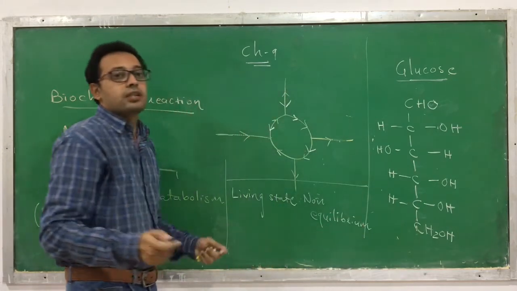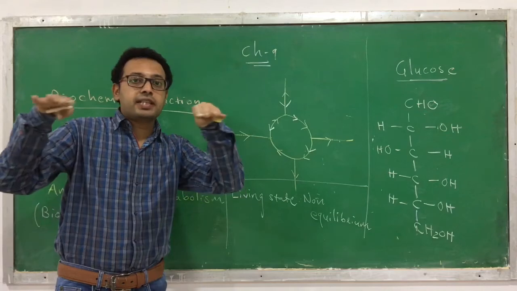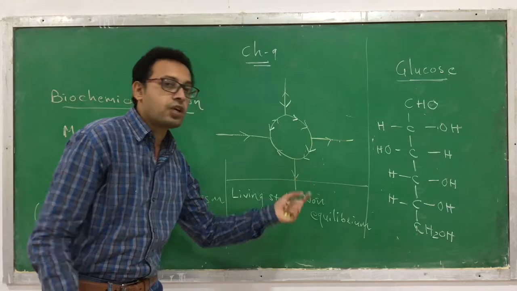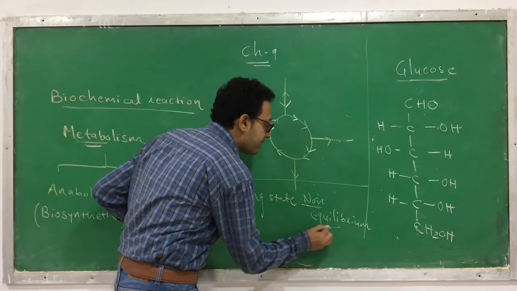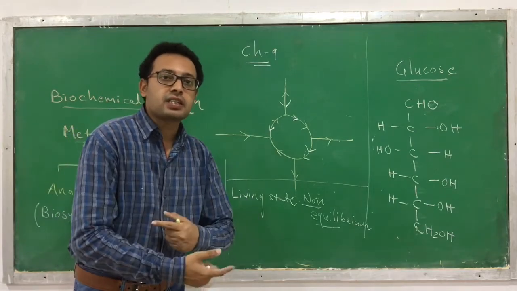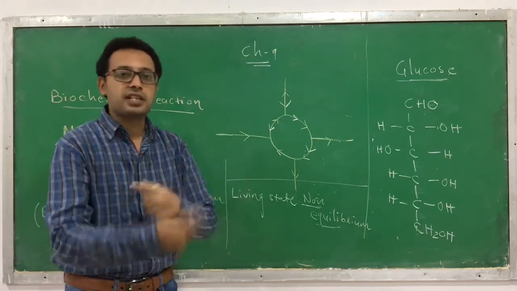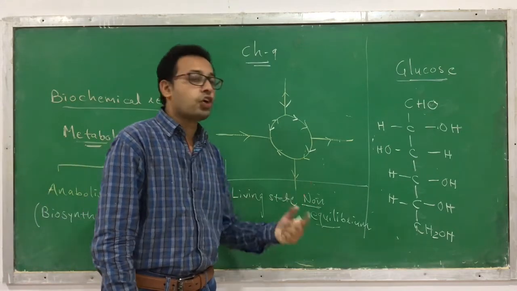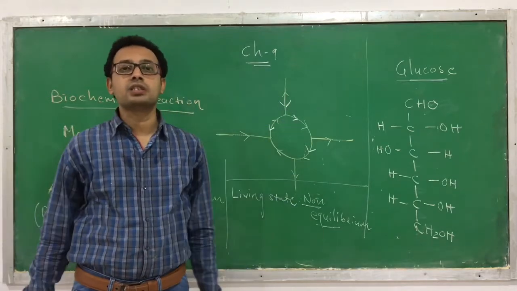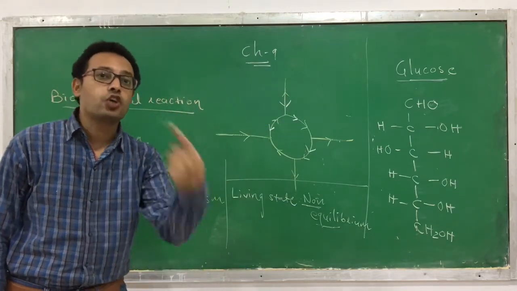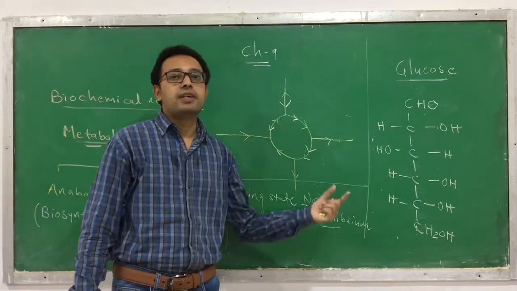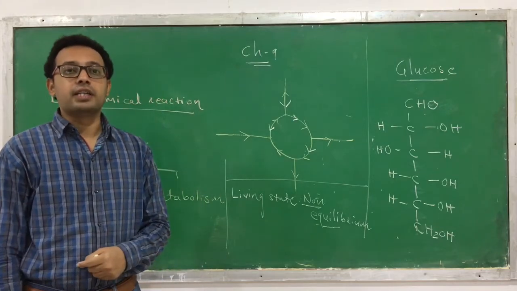Equilibrium means the molecules remain in equal concentration, where there are no disturbances. But the living state is not an equilibrium. It is a non-equilibrium where continuous changes are taking place. A disturbance occurs, then continuous change. Disturbance, continuous change. So living state is a non-equilibrium. When it achieves equilibrium, then the whole process stops in your body. And when it stops, you cannot survive. So the living state occurs in non-equilibrium.